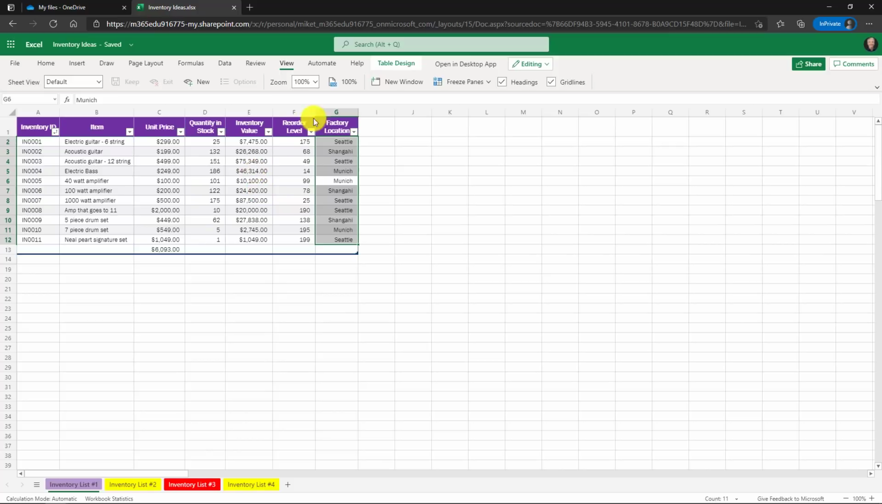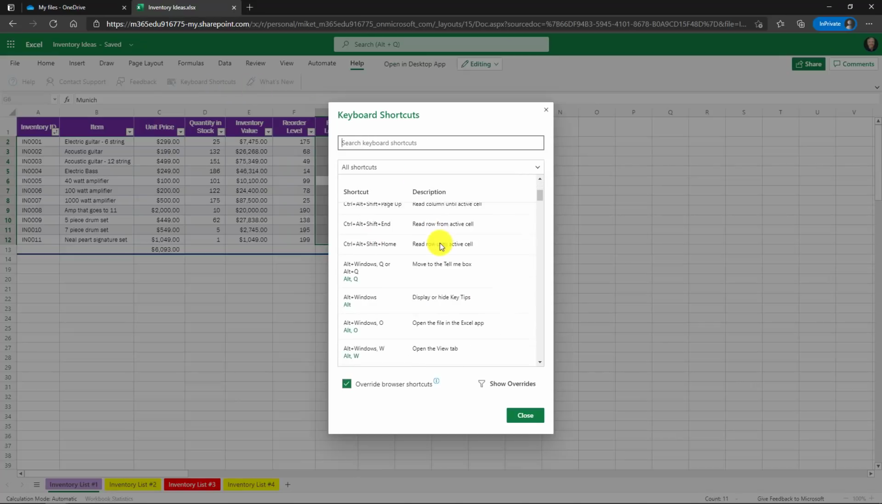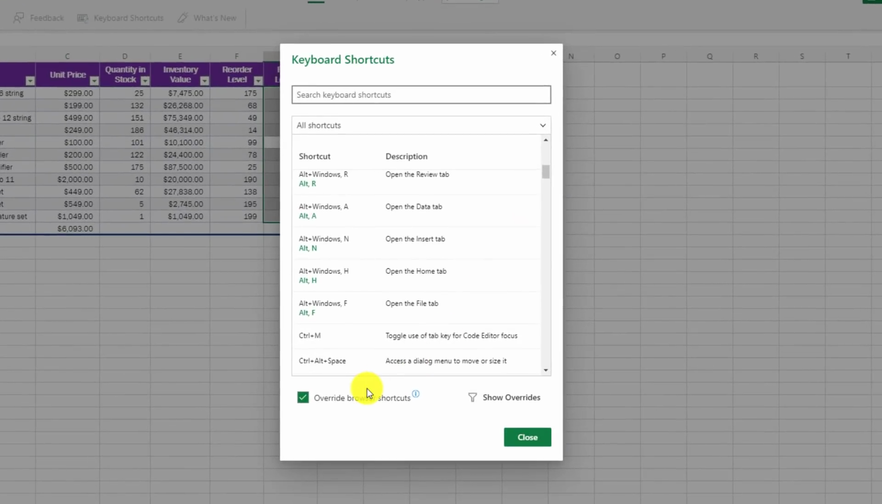And if you want to check out all of the shortcuts, go to the Help menu, and there's a keyboard shortcuts button. Just click that. And here are all of the best shortcuts across Excel. They are now default on. If you want to turn them off by default, you can uncheck this override browser shortcuts, and then they won't